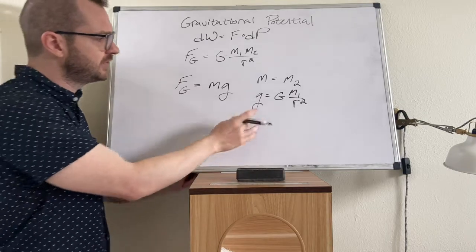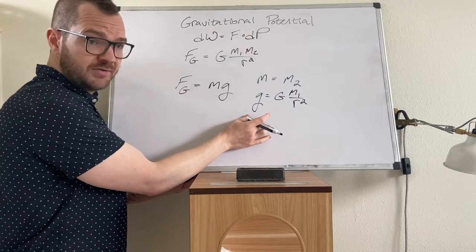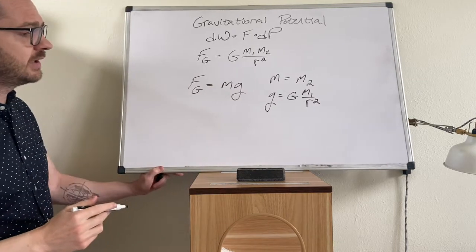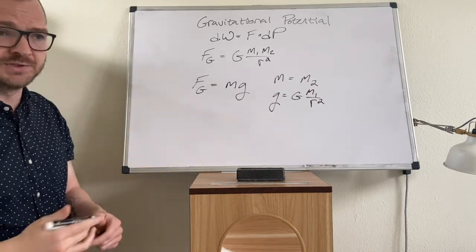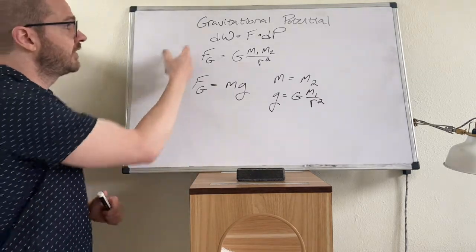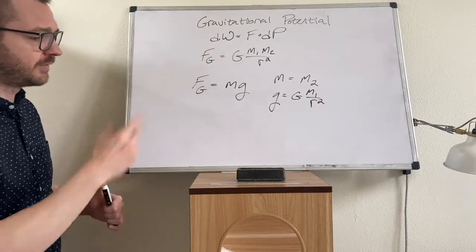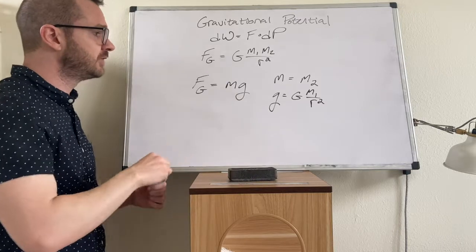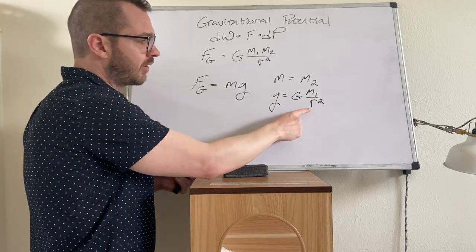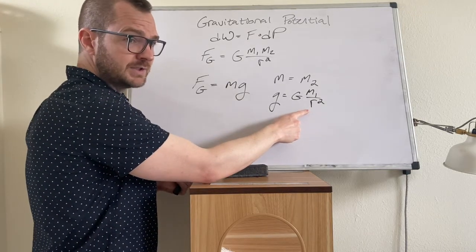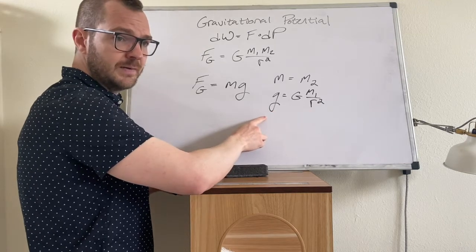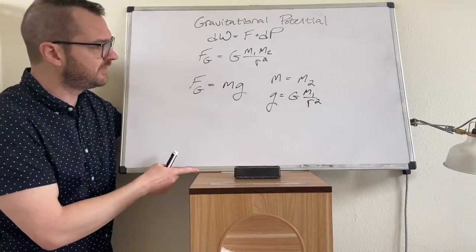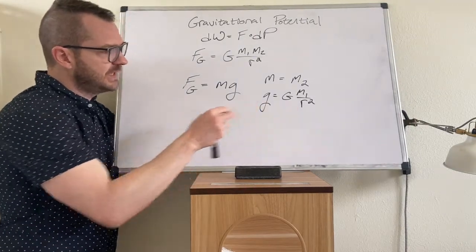Now this assumption about little g, we're going to say that little g is constant. Well, the distance between some object and another object is changing, right? We're trying to find gravitational potential. So for example, when I lift my eraser, I'm changing its gravitational potential. So this quantity right here, r squared, is actually changing. We're just assuming that g is constant. And over short distances, this assumption is actually